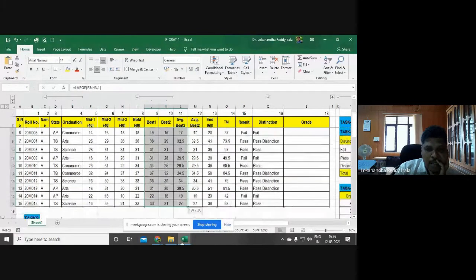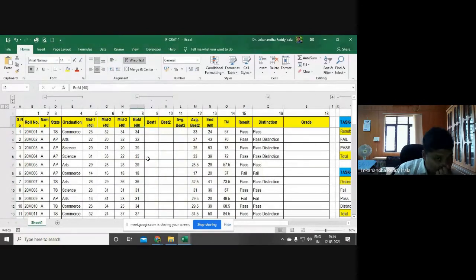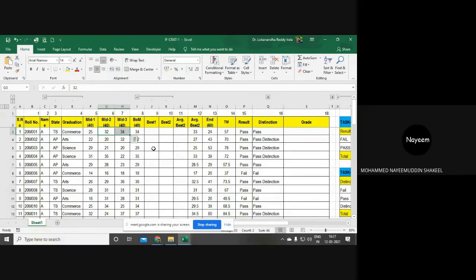As against this, for example, instead of the best of the marks, I wanted to calculate the average of the best 2. Out of these 3, the best 2 are 32 and 34. First, I want to identify which are the best out of the 3. Then take the average of these 2. So how do we do that? You'll take large with the argument as 1, large with the argument as 2, sum both of them and divide by 2. Or you can take even the average function again.